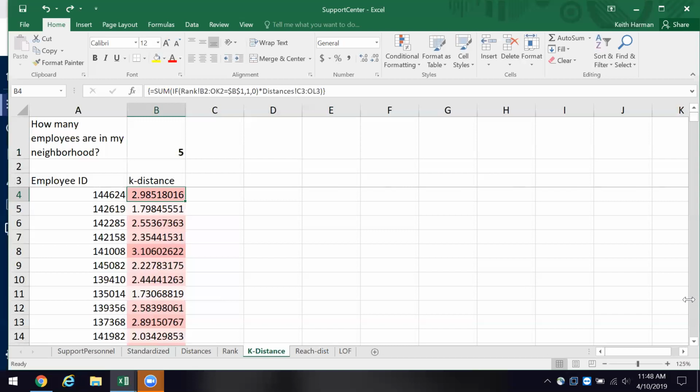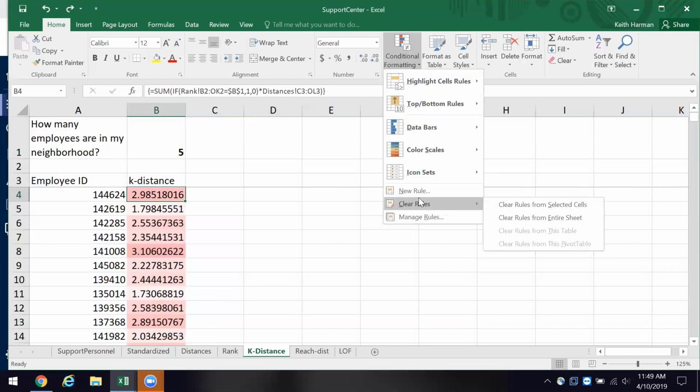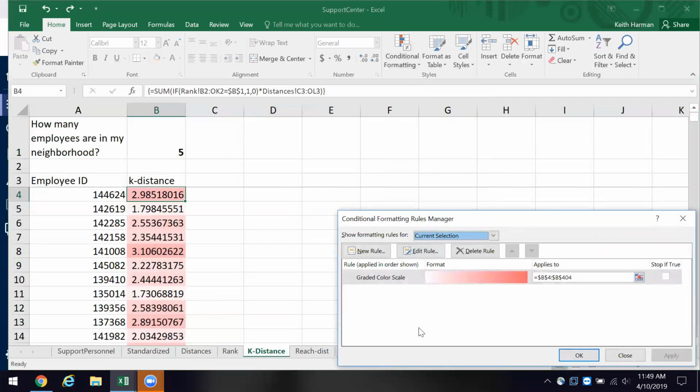So in other words, what we end up doing is we multiply the vector times the distances row for a given employee ID. And they use a gradient conditional format. And you've taken classes with me, you know I talk a lot about visual display of data. And here is just an absolutely brilliant use of it. And let's look, I'm going to click on the conditional formatting. And I'm going to click on manage rules, and that's how I'll find out what he's doing.